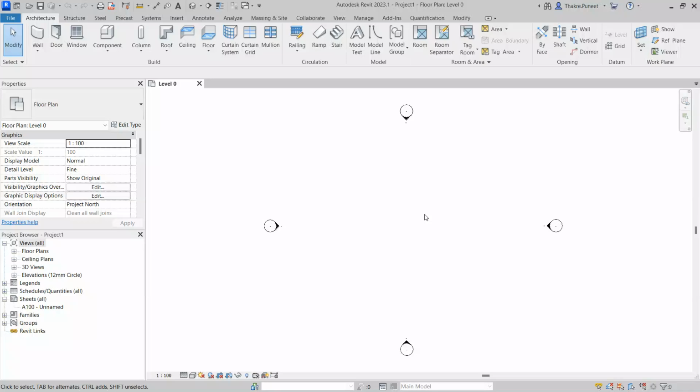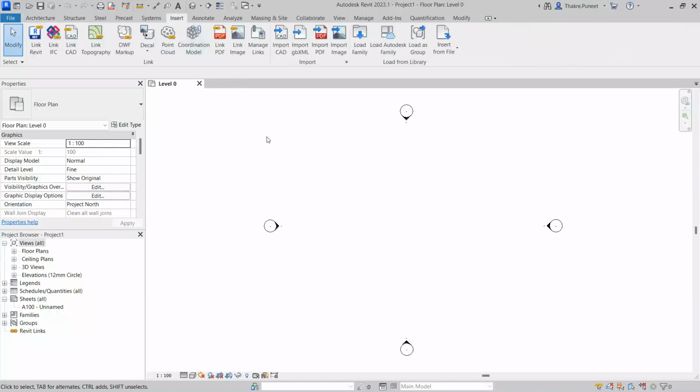Welcome to this video. In this video, I'm going to talk about one of the problems which we face, and the problem is that the library is not installed. So you have installed Revit, but you are not able to load the families from the library because the library is not there. And to show the issue, I can go to the Insert tab and